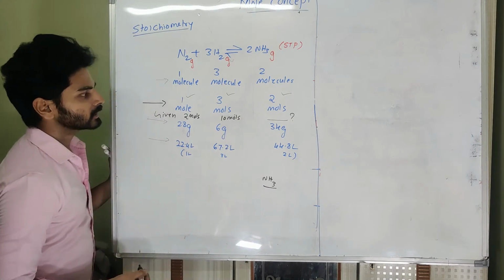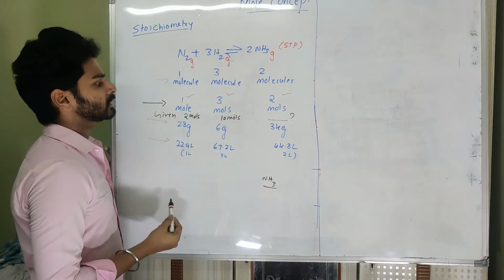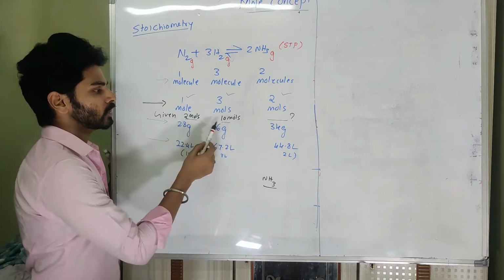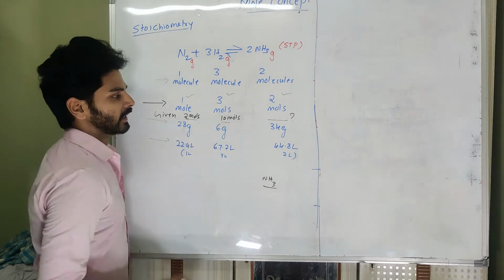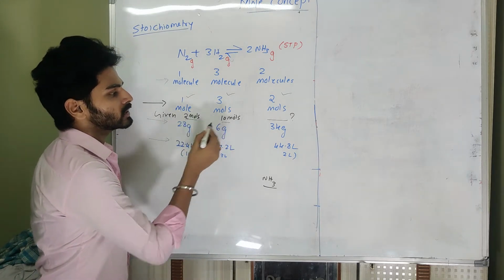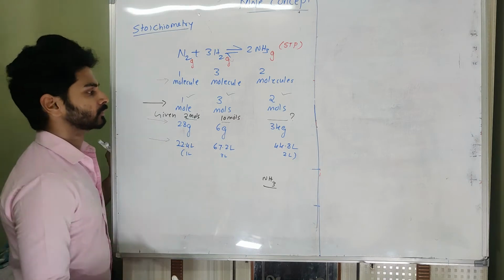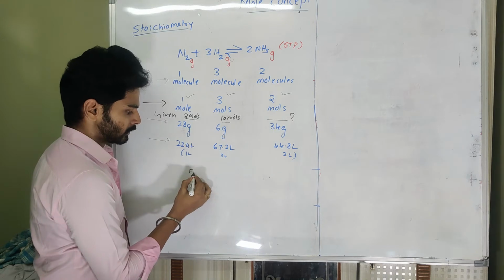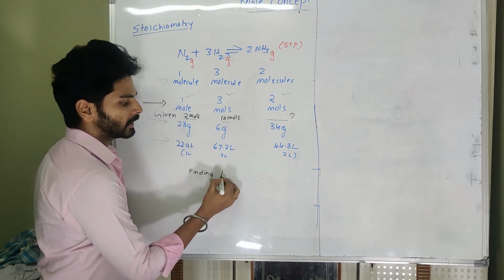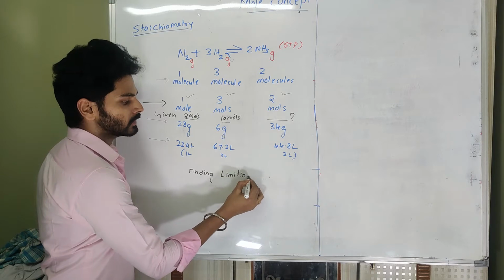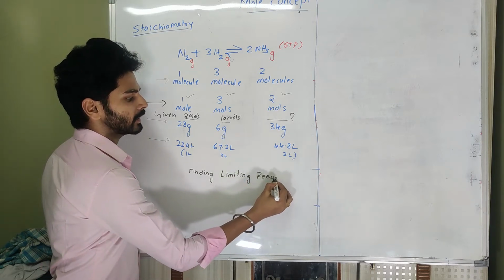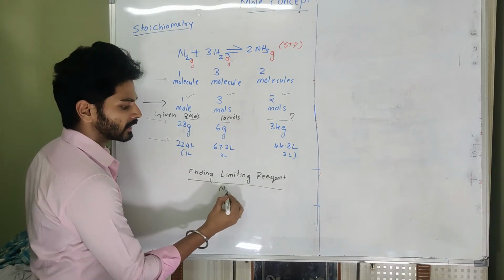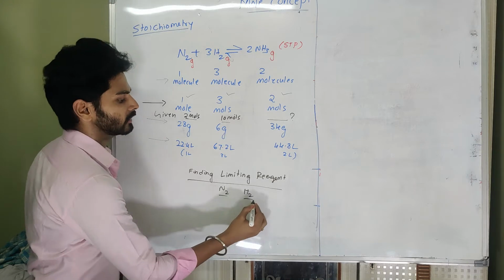Then what we have to do is, for comparison, we cannot take either nitrogen or ammonia. We have to take nitrogen or hydrogen. We have to check whom we can take, because in this case, we have to check who is there in stoichiometric ratio. So for that purpose, the first step will be finding the limiting reagent. Now we will see what the limiting reagent is. Finding the limiting reagent is done among the reactants, so hydrogen and nitrogen.